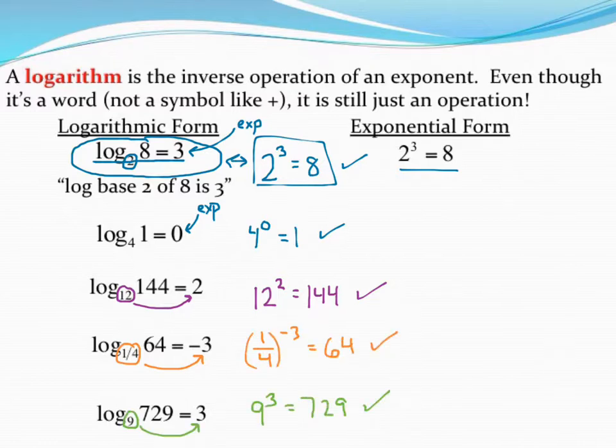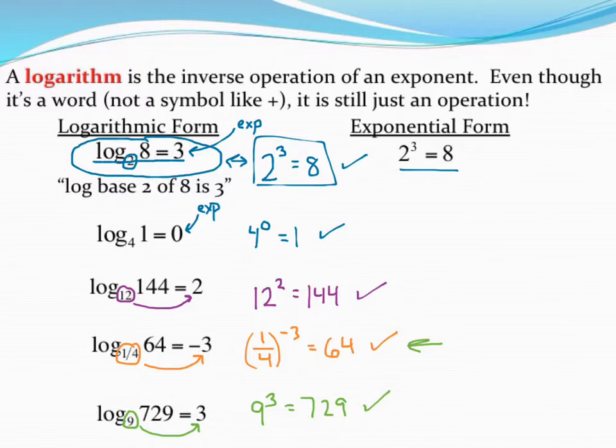So hopefully you came up with the same thing when you rearranged your logarithms. One quick note I want to make about that second one. I used parentheses around the 1/4. You don't really need to do that, but I did. If I'm checking it, one thing I may not know is that 1/4 to the negative third is 64. So I could check it on my calculator, or I want to show you a quick little trick